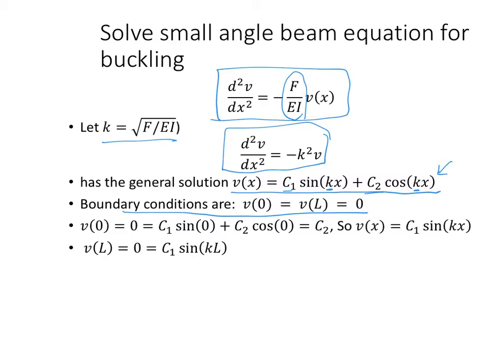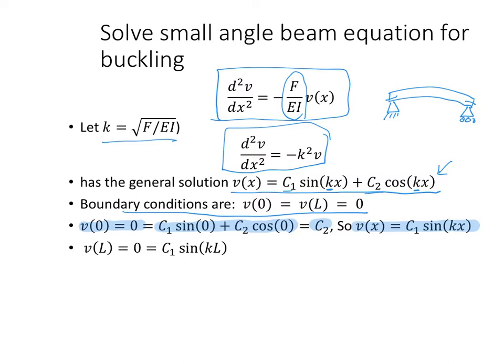So the first boundary condition for a beam on a hinge and a roller is that there is no deflection at either of the endpoints. This means V of 0 is 0, the deflection at the left end is 0, which is C1 times sine of 0 plus C2 cosine of 0. And since sine of 0 is 0, that leaves only C2 times cosine of 0, which is 1. That is just C2, so that tells us C2 is 0, and our equation is now the deflection is C1